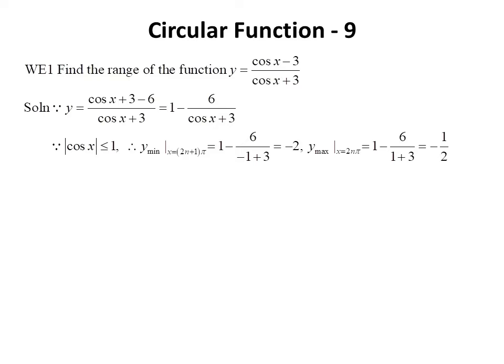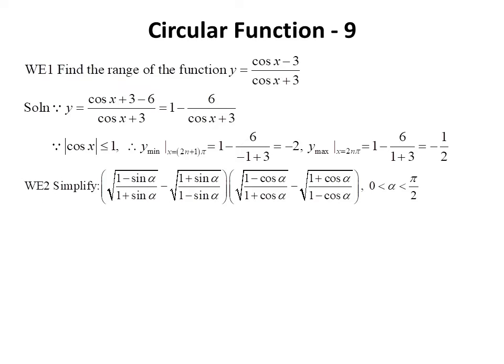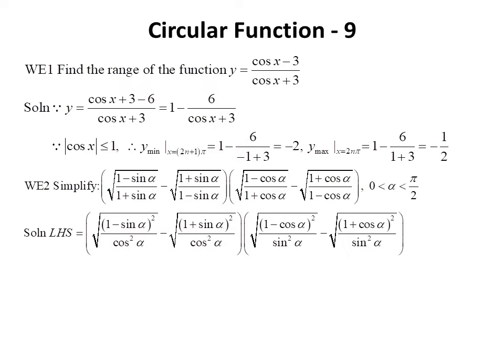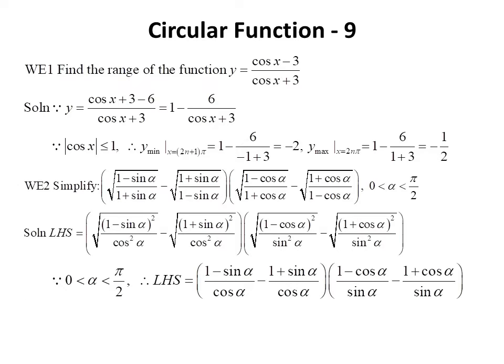cosine x is 1. Example 2 is to verify a trigonometry expression where alpha is in the first quadrant. To simplify this expression, the Pythagorean identity relation is used. Based on the given expression, the denominator of every square root is multiplied by its conjugate accordingly. Then, after applying the Pythagorean identity relation, the expression is simplified to (1 minus sine alpha all over cosine alpha